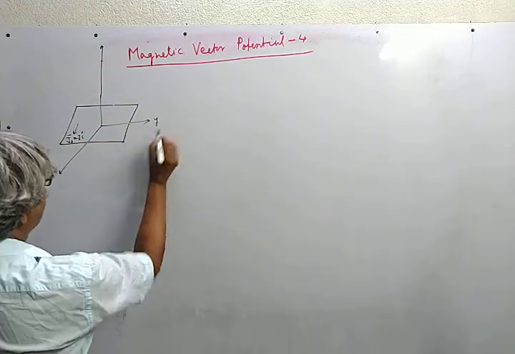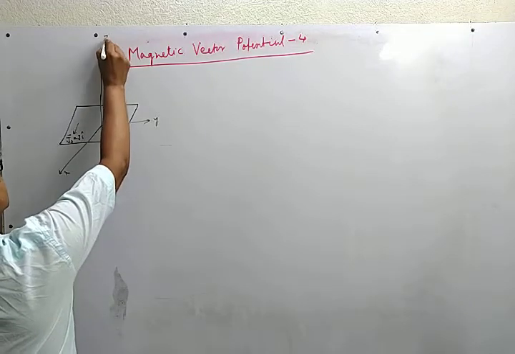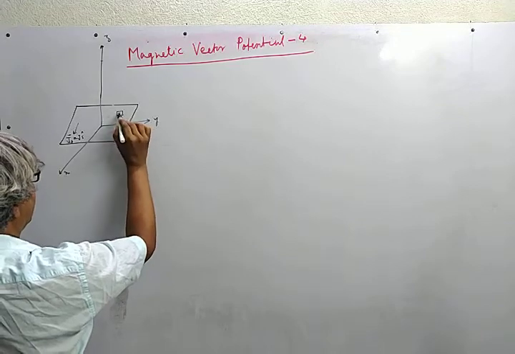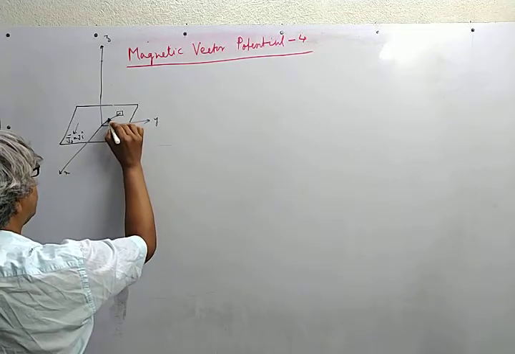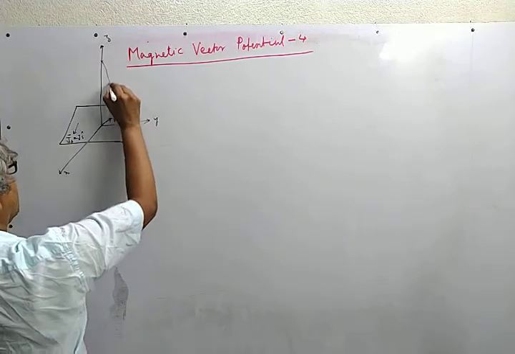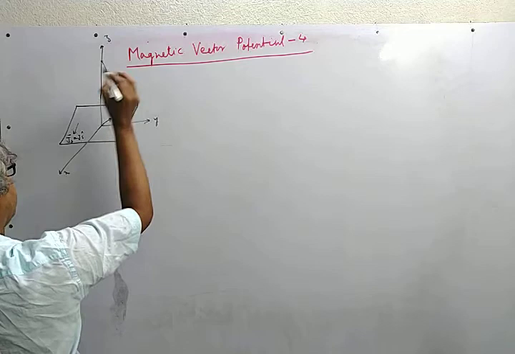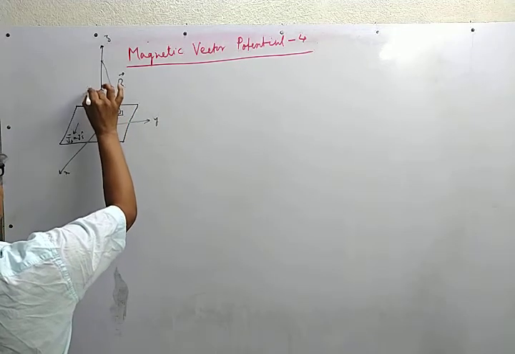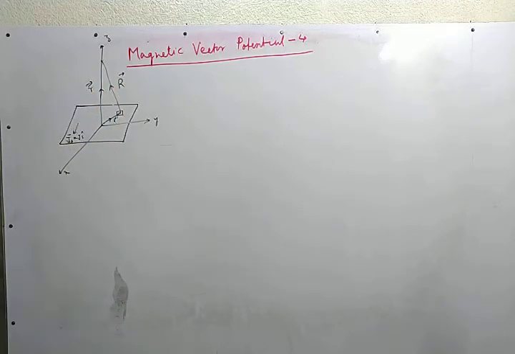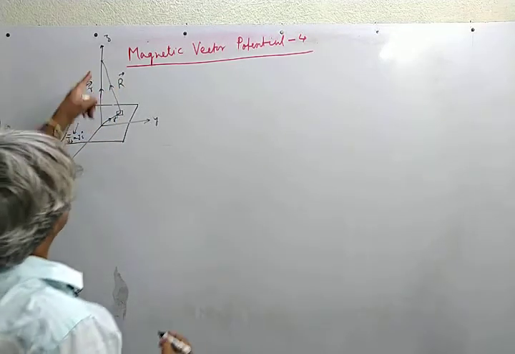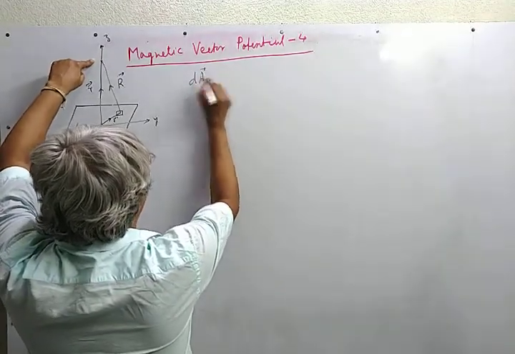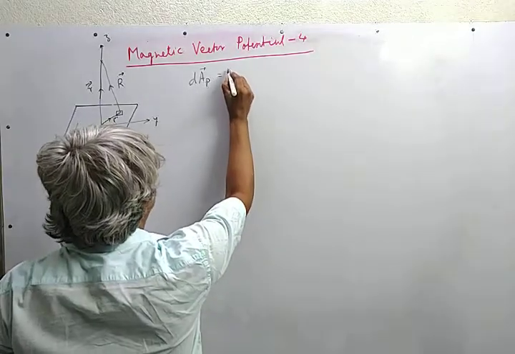So this is the y axis, this is the x axis, this is the z axis. We consider an elementary area having coordinate r prime, the source coordinate, and our aim is to find out the magnetic vector potential at the field point r, which as per choice of coordinate system lies on the z axis. So the vector potential dA at P due to this current density distribution is